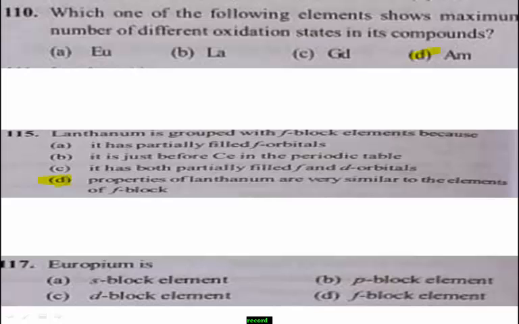Remember, europium is a chemical element with the symbol Eu, and its atomic number is 63. And one more important point related to europium is that it is one of the rarest of the rare earth elements on earth. Which one? Europium. It is one of the F block elements. Therefore, the right answer for this question is option D.